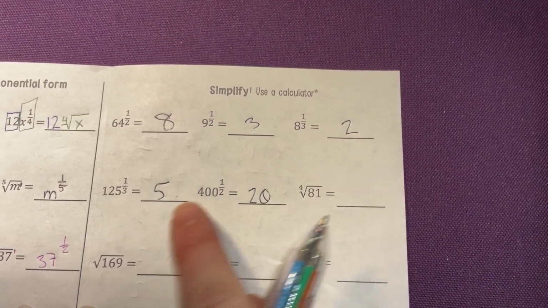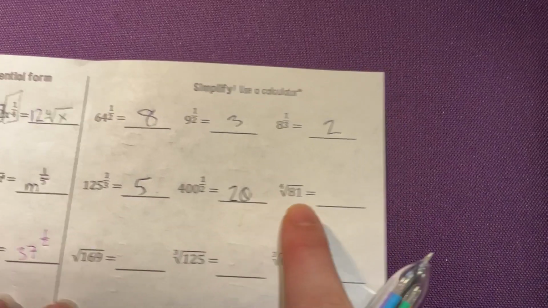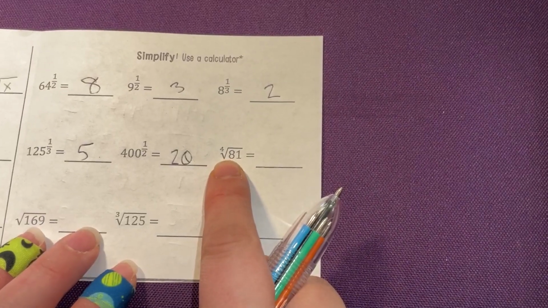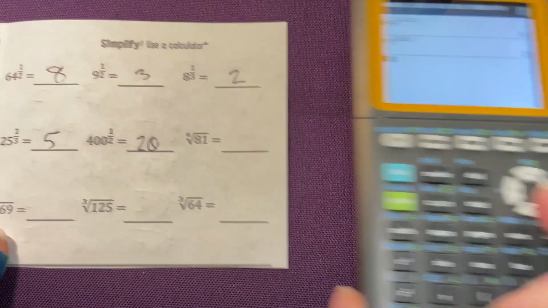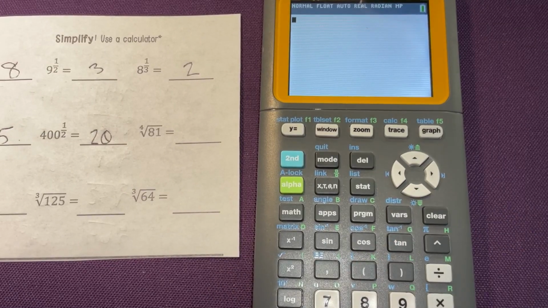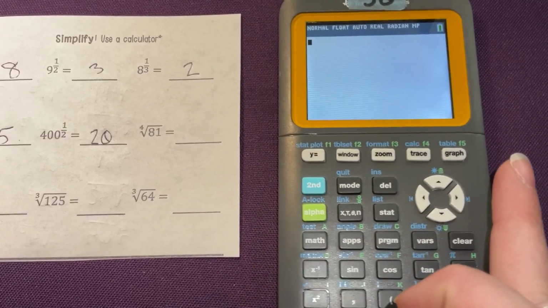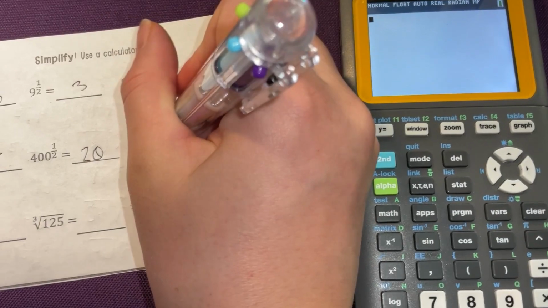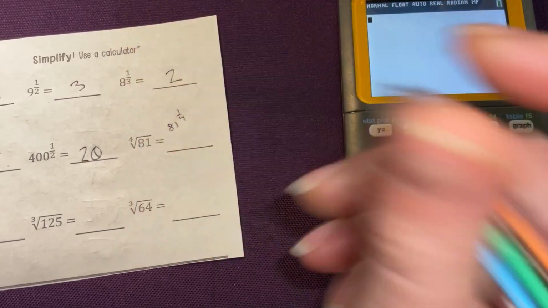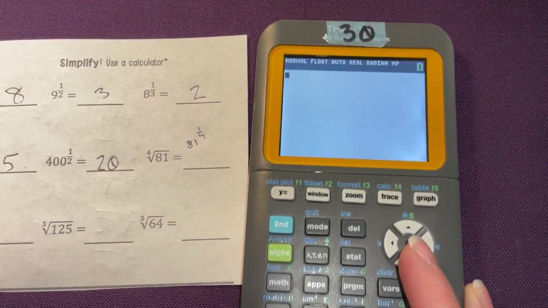Okay, so you should have gotten 2, 5, and 20. Now, if I want to find the fourth root of 81, you can do this 2 ways. You can rewrite this as 81 to the 1/4 and figure it out that way, or you can use